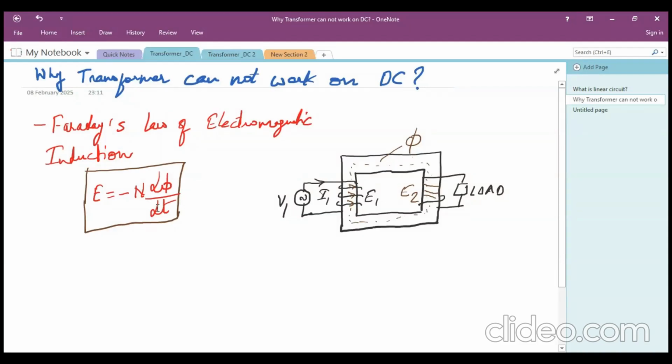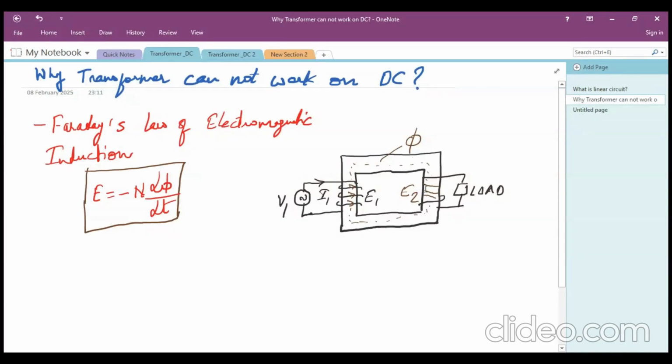So when we provide an alternating supply to the primary winding of the transformer, this alternating voltage produces an alternating current in the winding. Due to this alternating current, a flux is produced in the core of the transformer. This flux is also of varying nature because flux depends on current, and if current changes, then flux will also change. So this varying flux produces the EMF in the primary and secondary winding by Faraday's law of electromagnetic